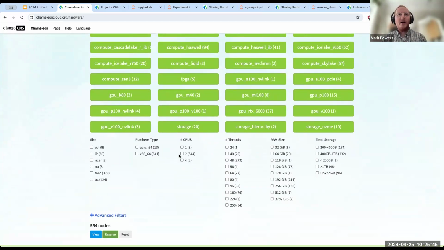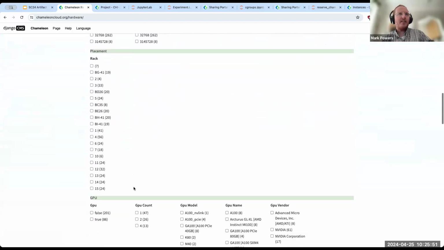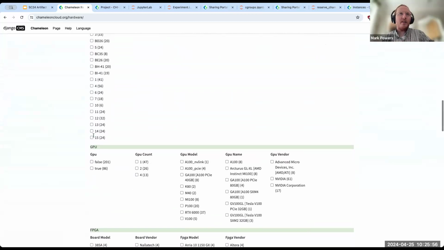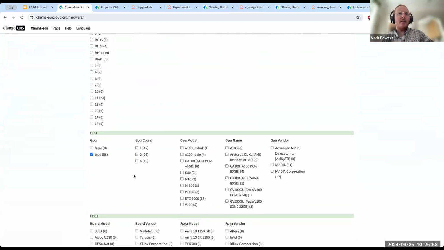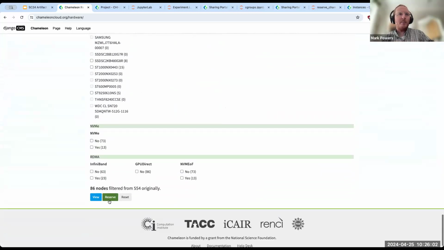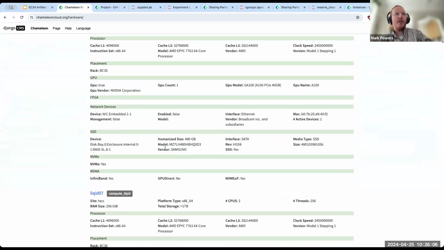I can filter by how many CPUs or threads they have. Let's say I care about GPUs. That's something that's very popular right now. I can click under these advanced filters. I can say, find me something with a GPU. And that's what I mainly want. So I'll click view. And if I scroll down, I'll see